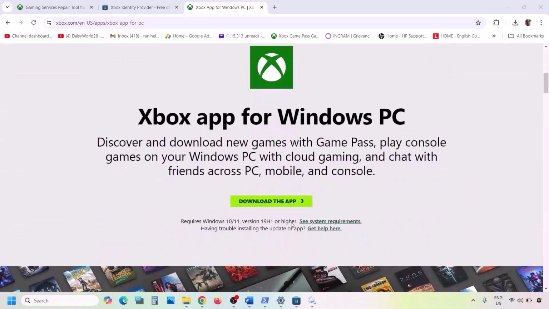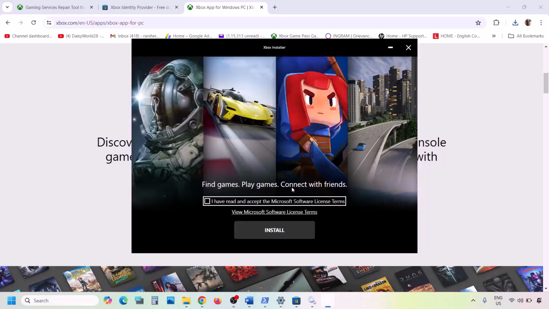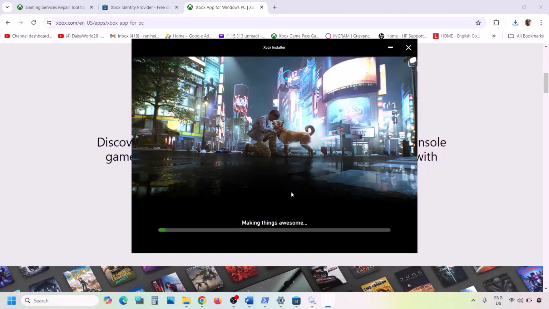So now you can scroll down over here, you can see download the app option, and once the download is complete, run this exe file and then follow the on-screen instruction. Just install Xbox app, agree, install it, and after the installation you can check. Now if it's still not working,